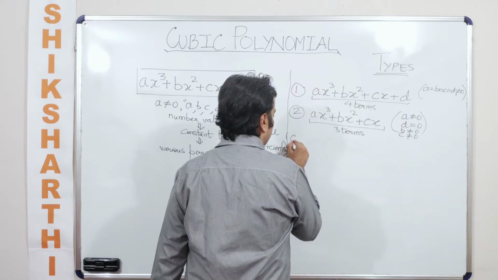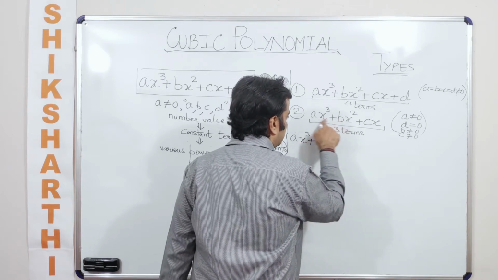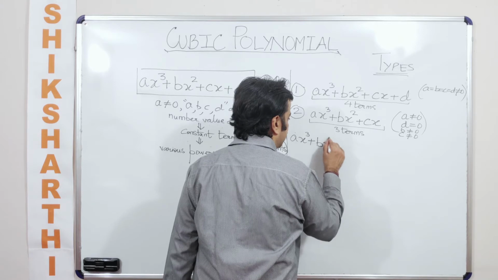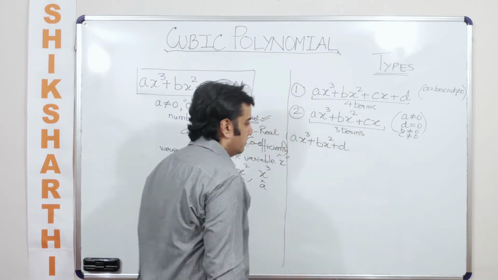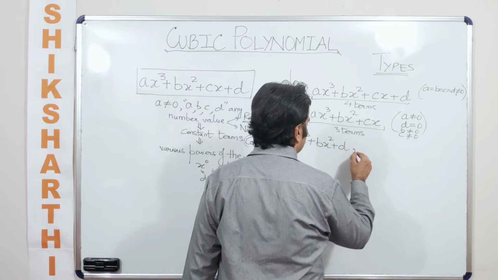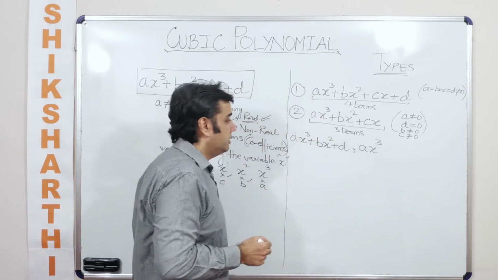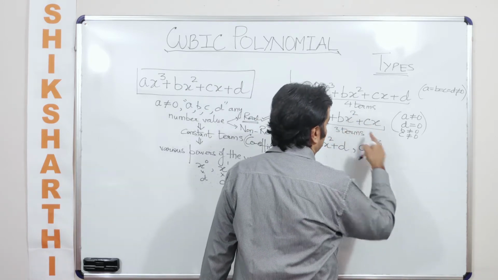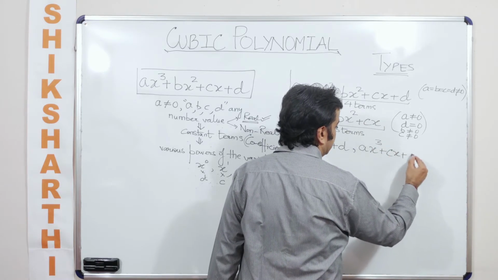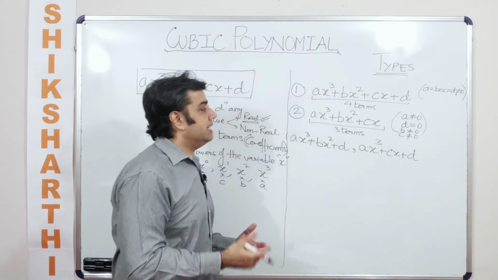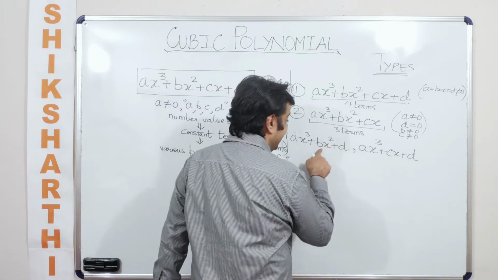Another such format is ax cube needs to be there in any case. Now I'm keeping these 2 constant. So in that case the third term could be either cx or d, right? Next way in which I can present this is, in any case I can have this as constant. I need to have this because we are talking about cubic polynomials only. Along with this I can have what? I can have a cx followed by a d. Is there any other way in which I can write a cubic polynomial having 3 terms?